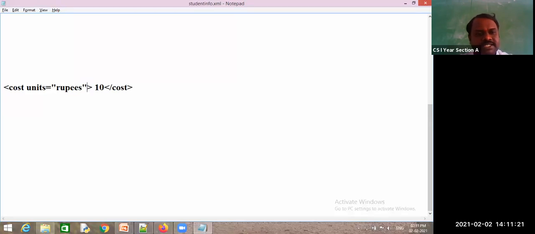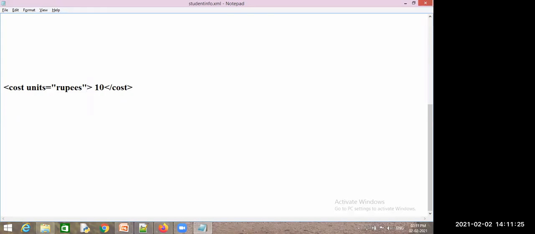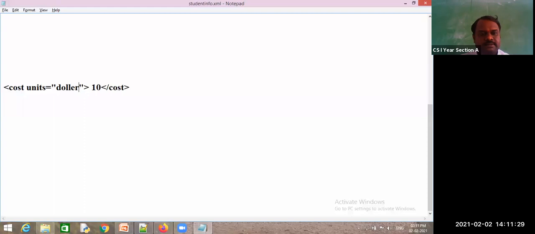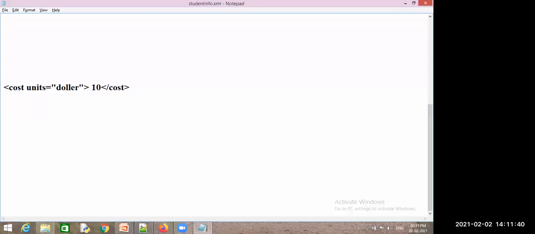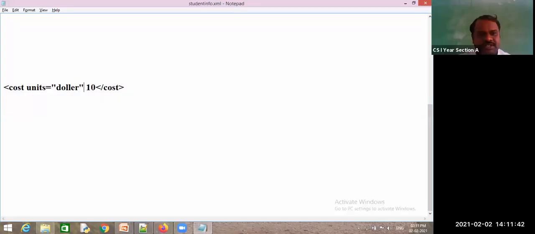Now tell me what is this? 10 rupees. If I write units as dollar, $10, is the meaning changing or not? Yes, sir.